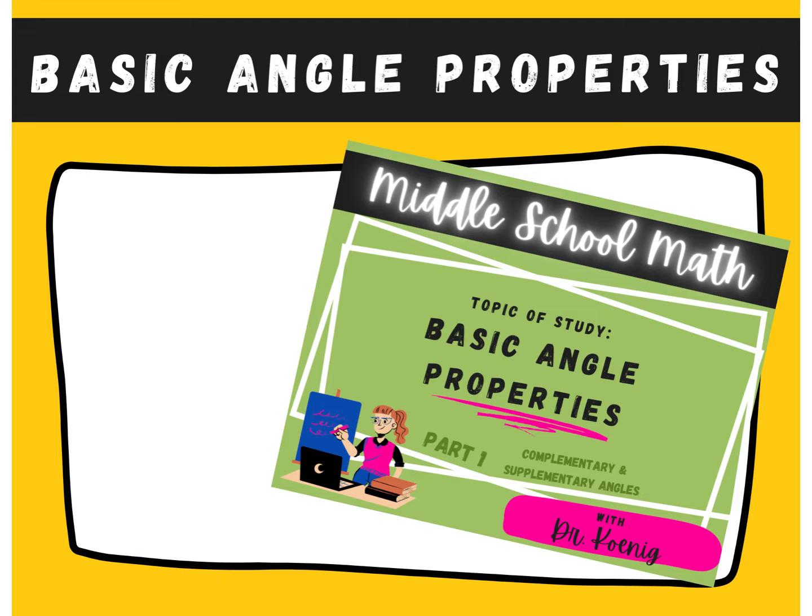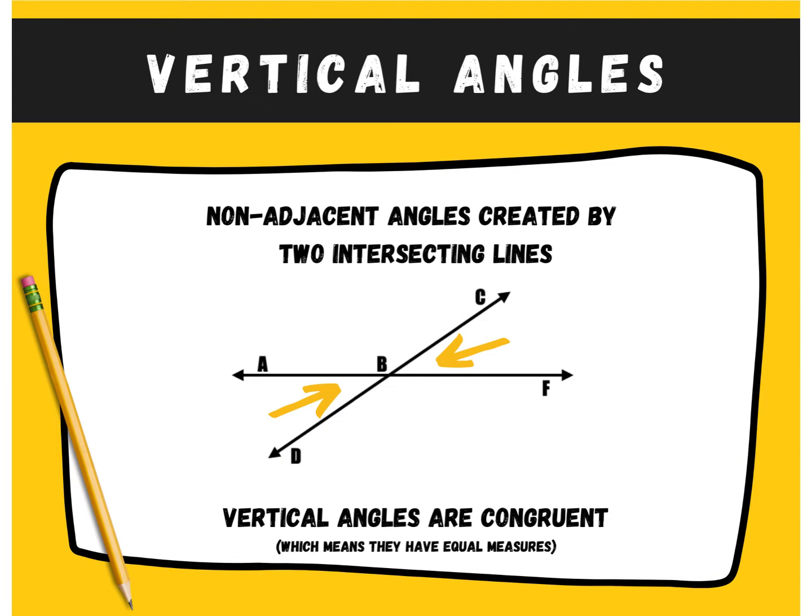Let's talk about vertical angles. Vertical angles are created by lines that intersect. The definition says they are non-adjacent angles created by two intersecting lines. What does that mean? It just means when two lines cross, they form four angles, and the ones that are not adjacent, that don't touch each other, or you could say they are across from each other, those are considered vertical angles. So in this example, angle ABD and angle